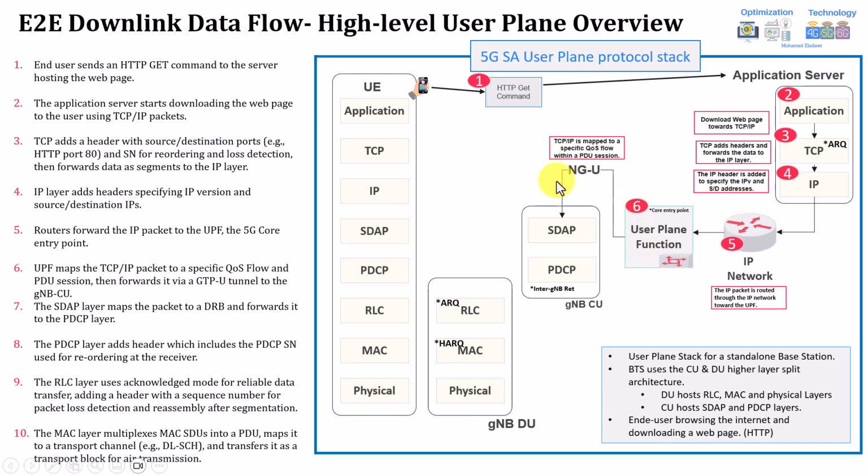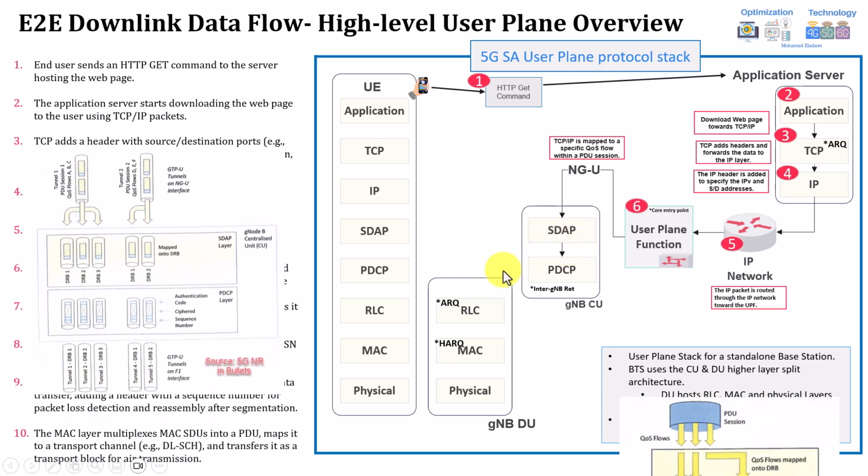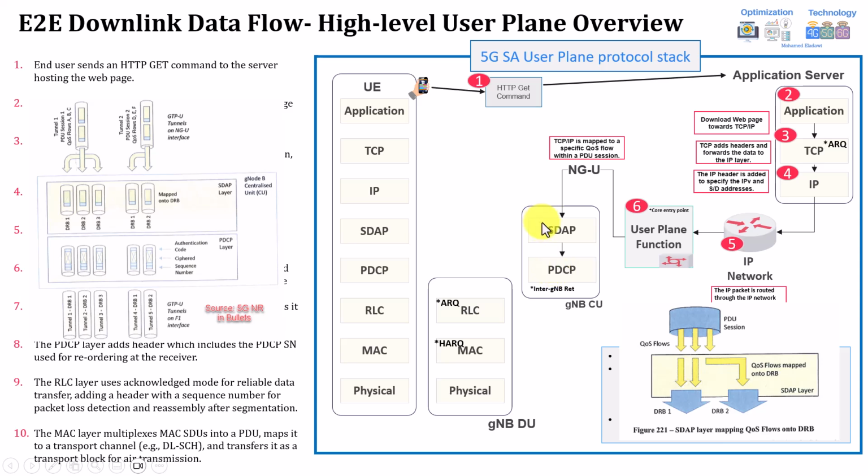Then it will forward this data through the N3 interface to the SDAP layer. And the SDAP layer, as you know, is mainly responsible for mapping this quality of service to a specific data radio bearer. As you know, the RAN protocol in general deals with the data radio bearer, DRB, right? So this is very simple, as you see in these two pictures. If the data is coming here, for example, this is tunnel 1, this is tunnel 2, we have PDU session 1, and this is quality of service. For example, we have 3 packets, each with a different quality of service: A, B, and C.